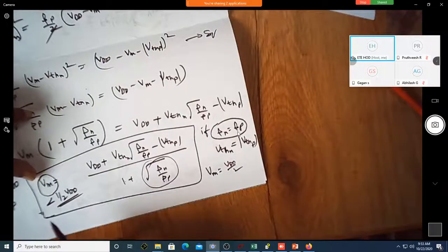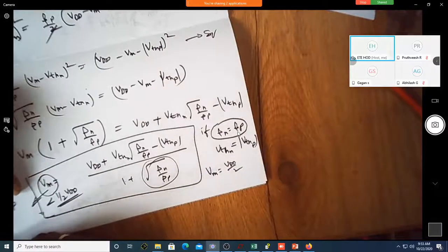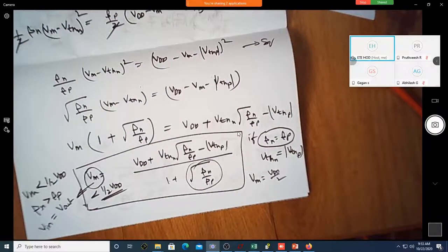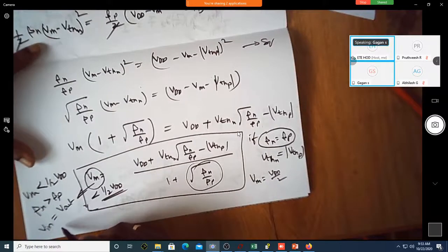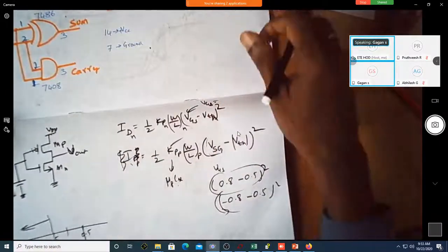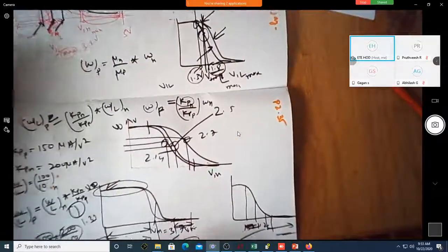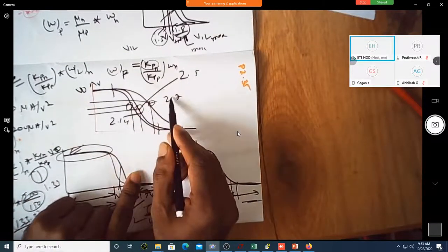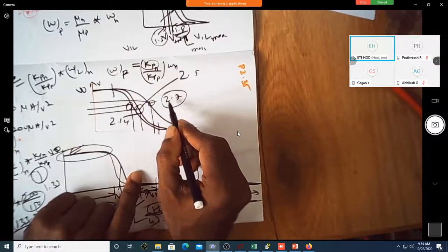So what does this Vm actually correspond to? Vm corresponds to that voltage where V in is equal to V out. Correct? Of course, we saw this happening at two or three different points. What are those three different points? Those three different points were somewhere here. It was happening at 2.14, 2.5 and 2.7. So this was happening at 2.7 because what was stronger?